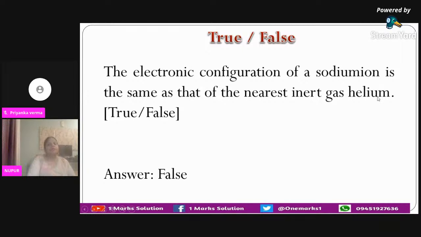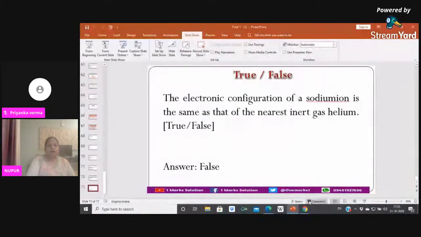But then it cannot be helium, because sodium has got more electrons than helium. So definitely by losing one electron, it cannot become helium-like. That's a false one. So with this, we have reached the end of this lesson